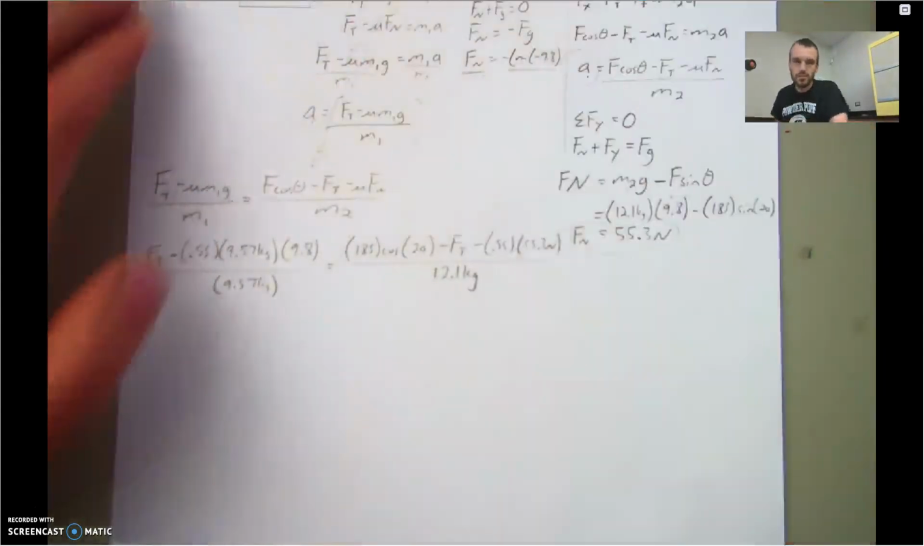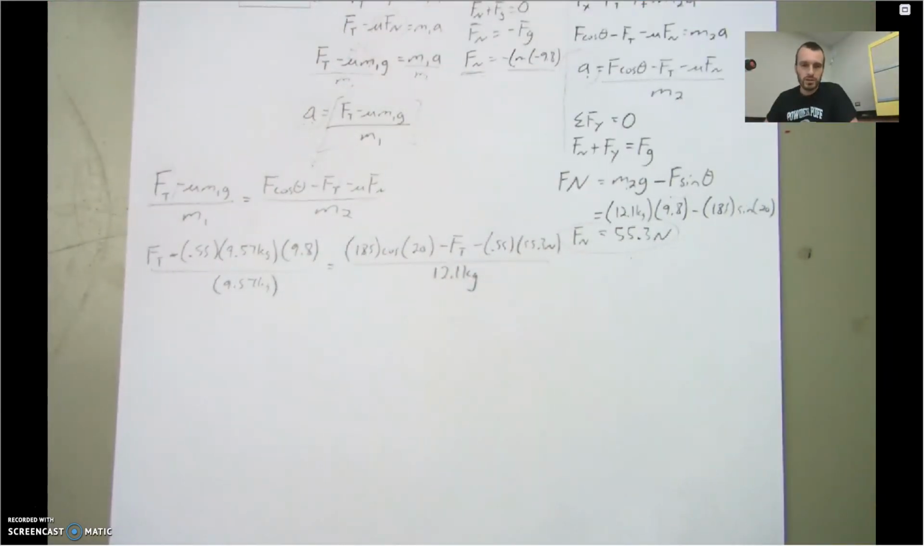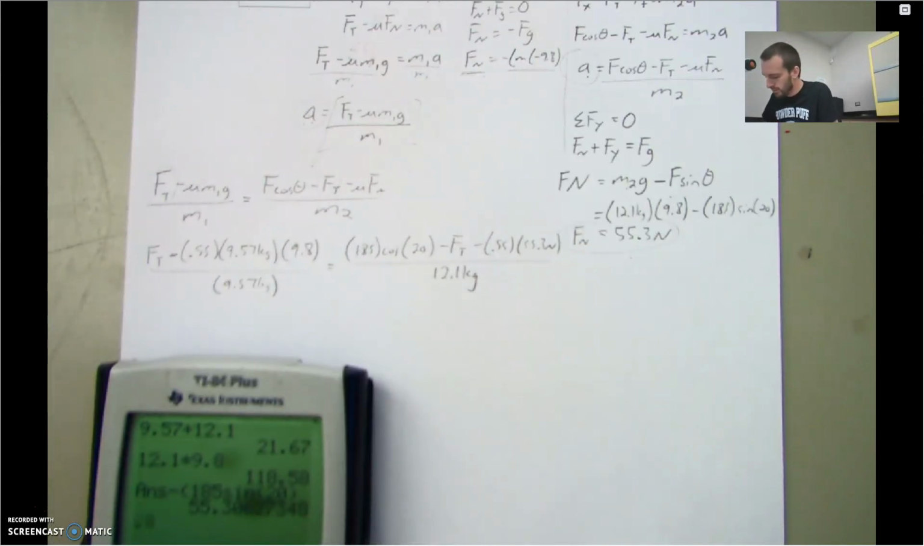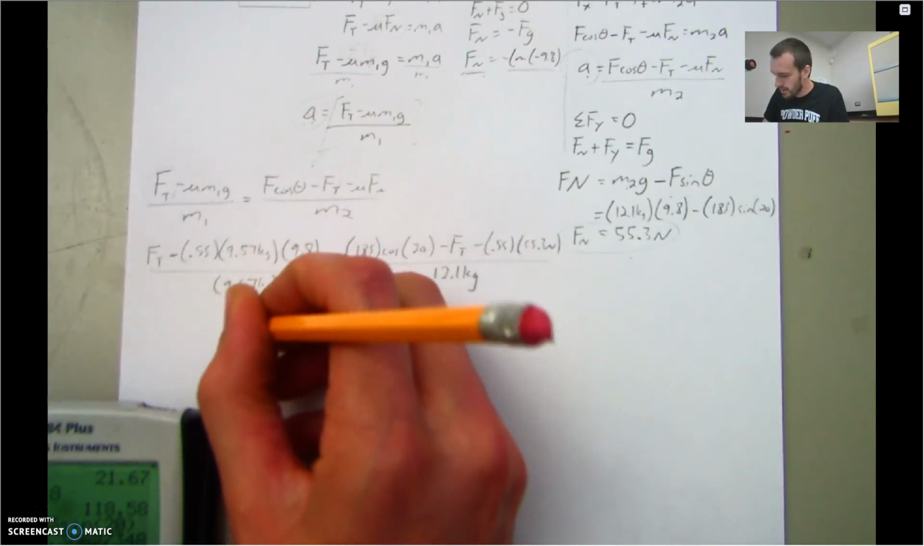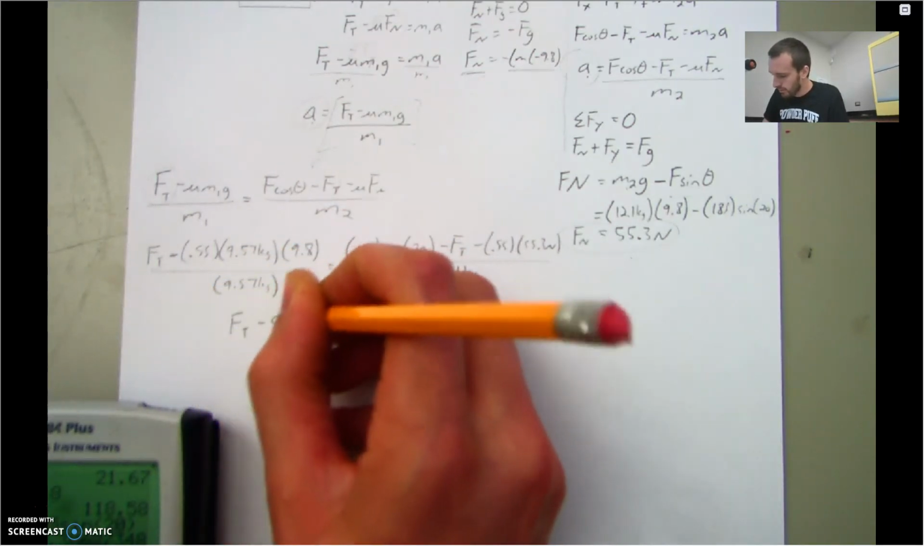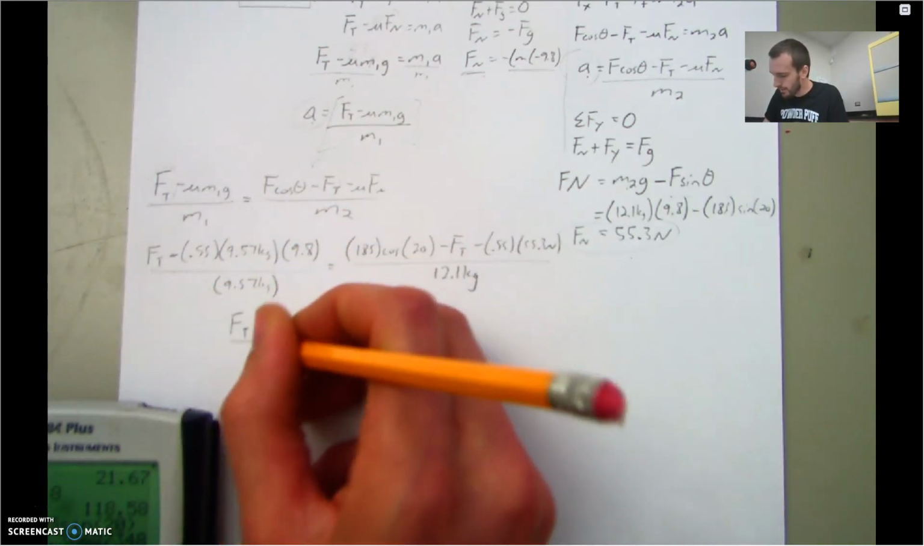All right, so from now it's just grinding, it's just doing your algebra, it's just making sure you're careful with all of your math. But eventually what you can see here is that you can move all the terms to one side, you can move all the terms to the other side, and you can solve for FT. So let me just combine a couple of things here for you. 0.55 times 9.57 times 9.8 is 51.58. All right, so on this side we end up with FT minus 51.58 over